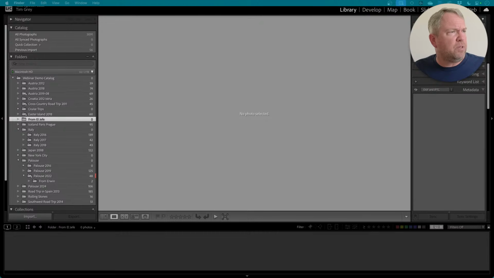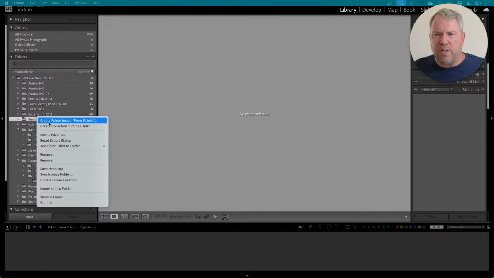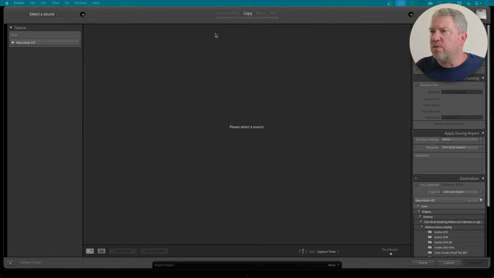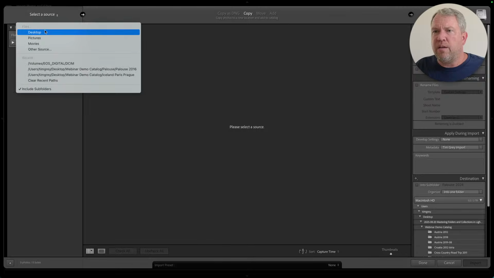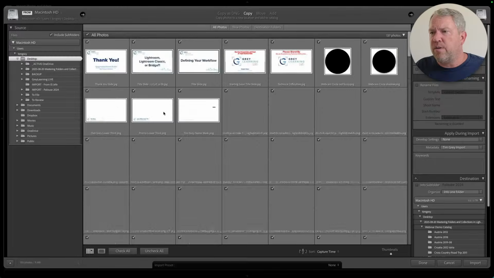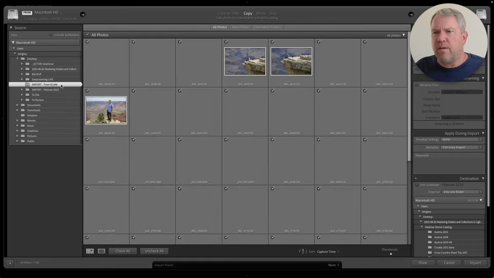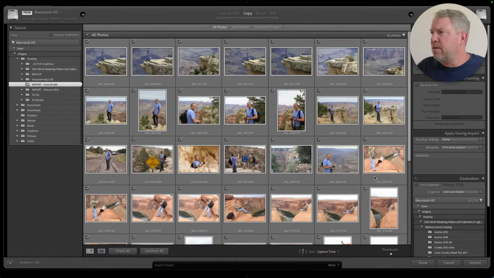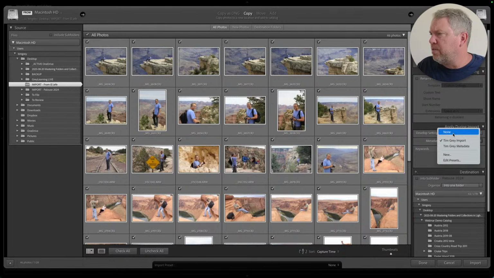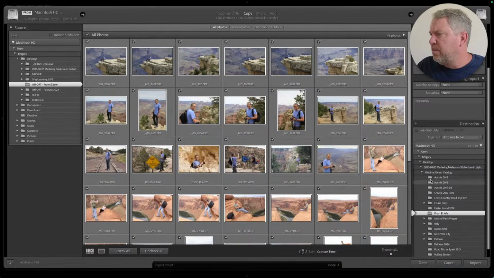Just double check that I've got those. Oh yeah, right there, perfect. So I'm gonna go ahead and just import these. So import to this folder: right click on the folder that I want to import to, choose import to this folder, and on the desktop, somewhere right there, we've got the pictures that El Jefe captured, and I'll turn this off and leave everything else